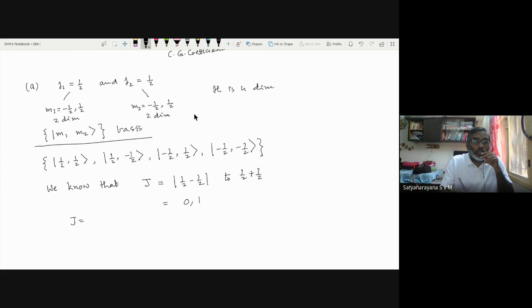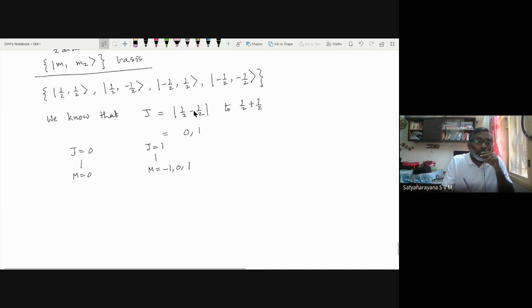So your capital J can be 0, in which case your capital M is also equal to 0. Your capital J is equal to 1, in which case your capital M can be minus 1, 0, plus 1. Okay. So your Jm basis